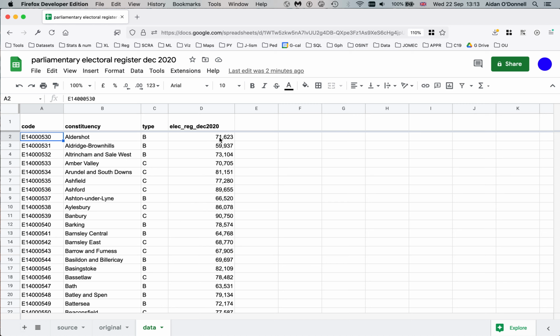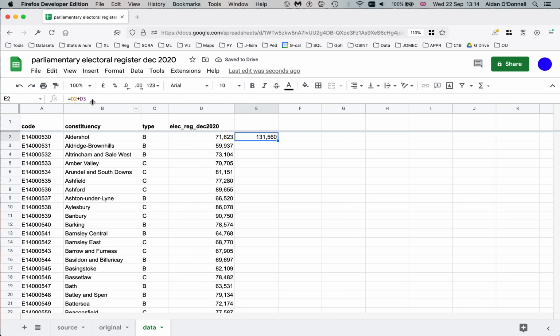So we are going to look at these numbers, and what we're going to do is some calculations. And the way into doing calculations here is always by the equal sign. As soon as you put an equal sign in, the spreadsheet knows that you're trying to calculate something. Maybe it's a simple calculation, just adding the contents of two cells, or maybe it's something more complicated. But at its simplest, you say equals whatever's in this cell, so 71,000 and something, which it understands as D2, plus whatever's in this cell, for example. So it's going to add the contents of D2 to the contents of D3